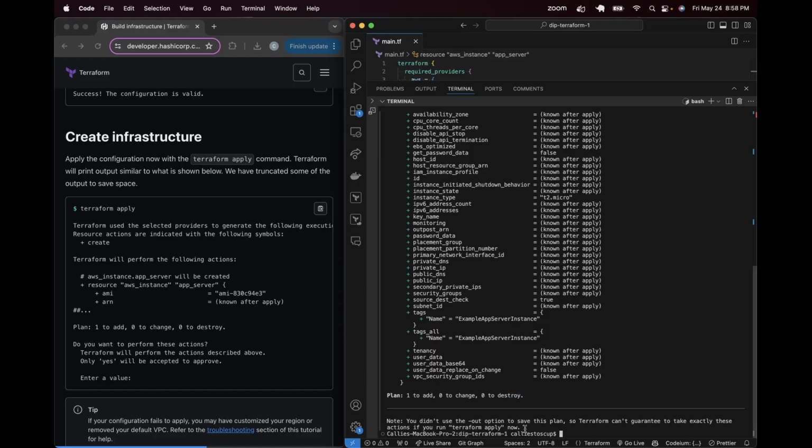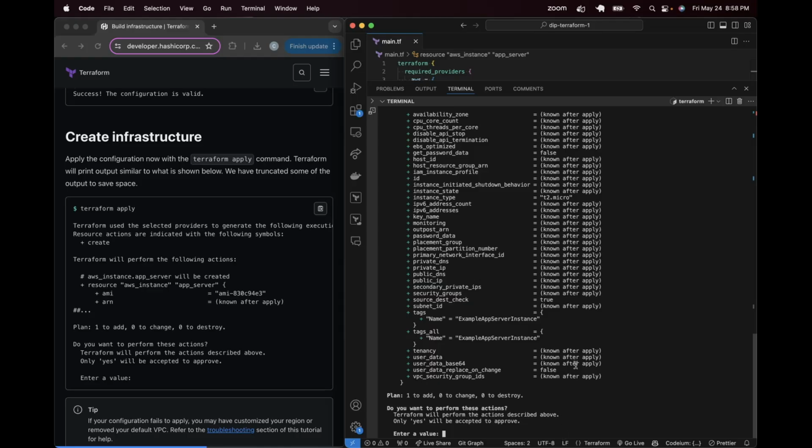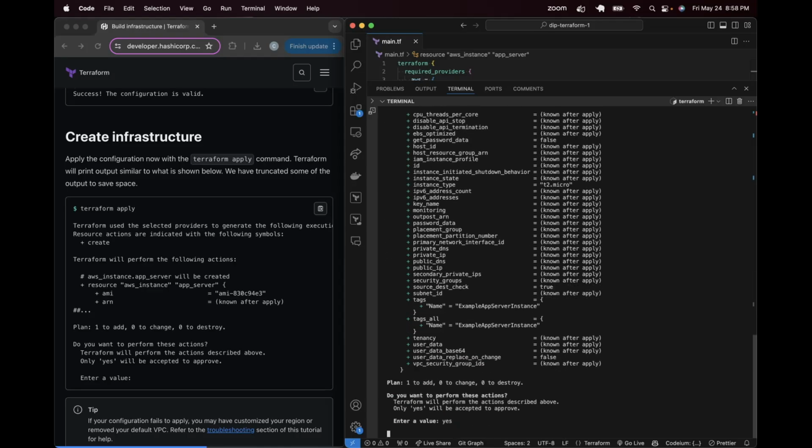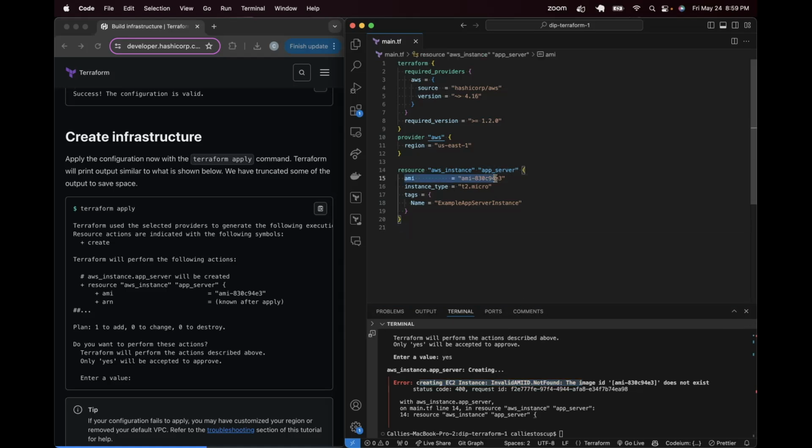So if we like it, then you can go ahead and see it says, if you like this, go ahead and run Terraform apply. So let's go ahead and try that. I am lazy sometimes, and I don't always do Terraform plan because if you can see, you're getting the same output before, and then it's going to ask you to confirm with Terraform apply. All right, so again, Terraform has great error messages. So you can see here, creating EC2 instance, invalid AMI ID not found. All right, so we would go up and we would look, and the AMI ID is right here,